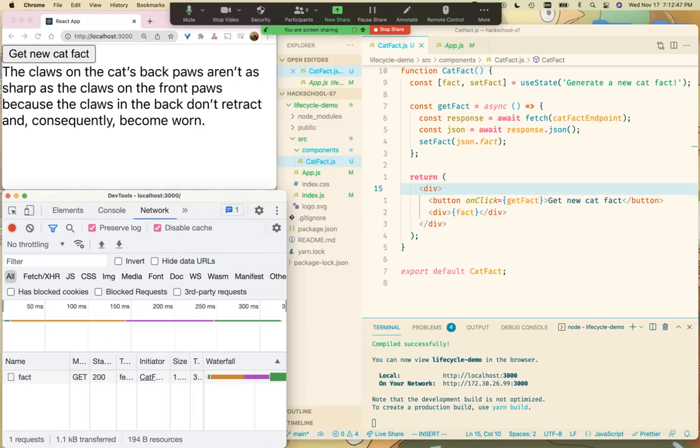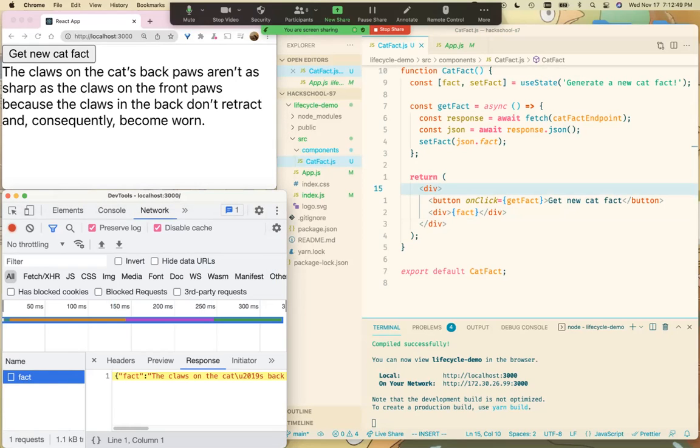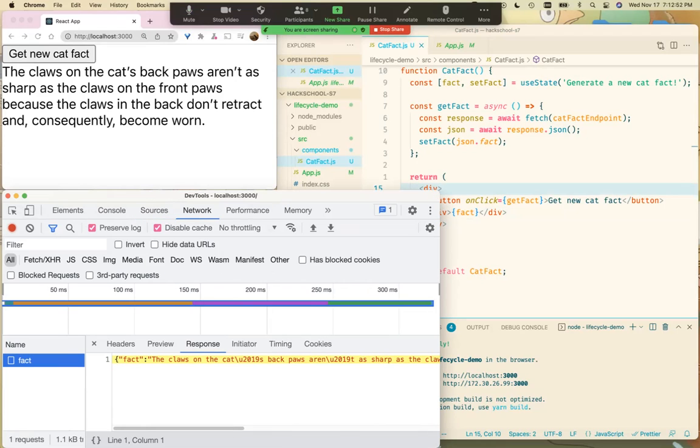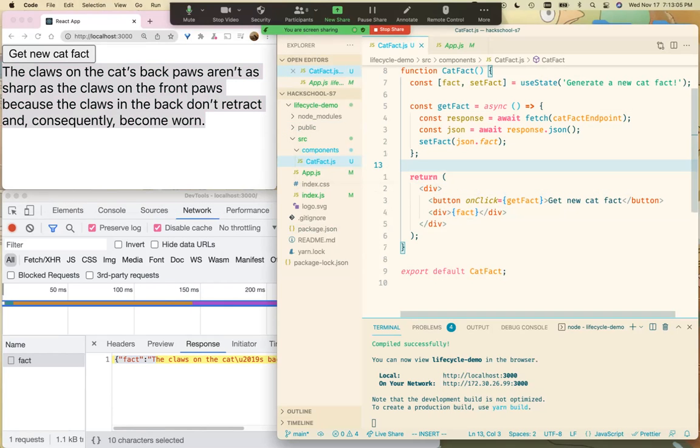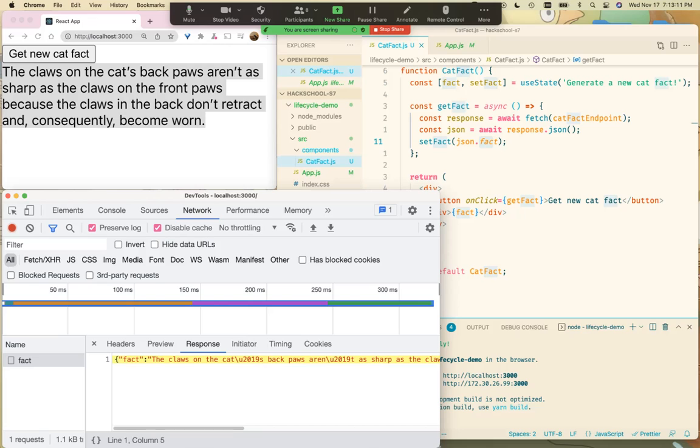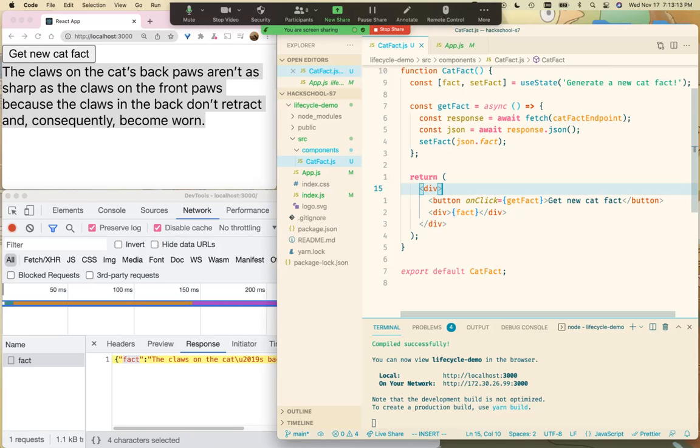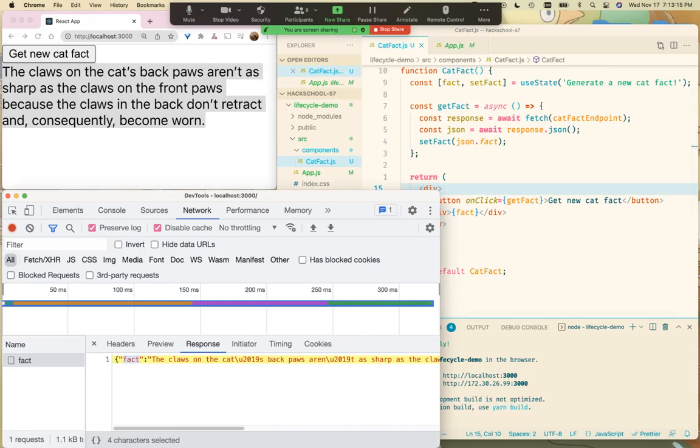And also, if we take a look at our DevTools, we can see that we can actually look at the response from the API. So the response object contains this fact property, and then the value of this property is actually the fact that we see here. So if you were wondering why I called set fact with json.fact, it's because I took a look at what the API returned, saw this fact property, and decided to get the fact out of the object. Okay, so